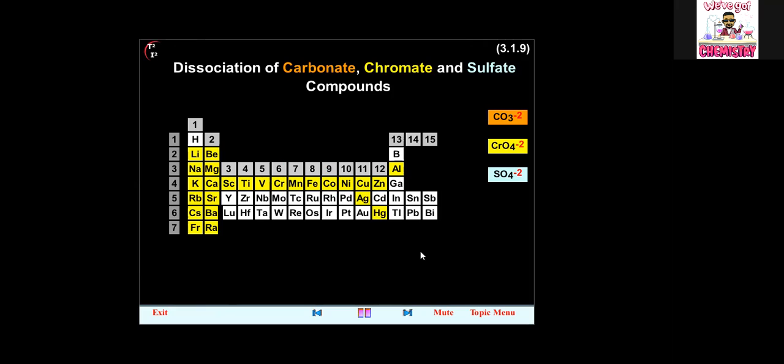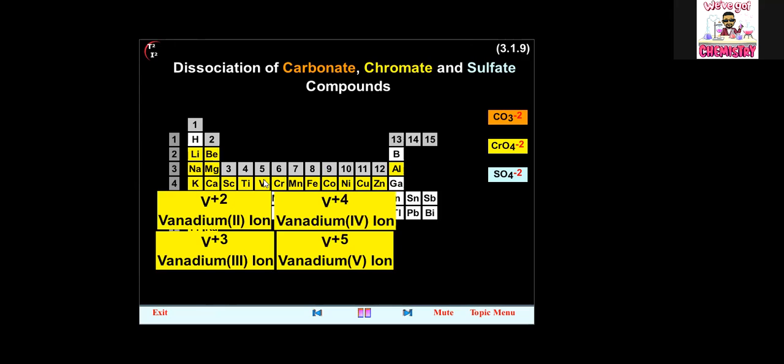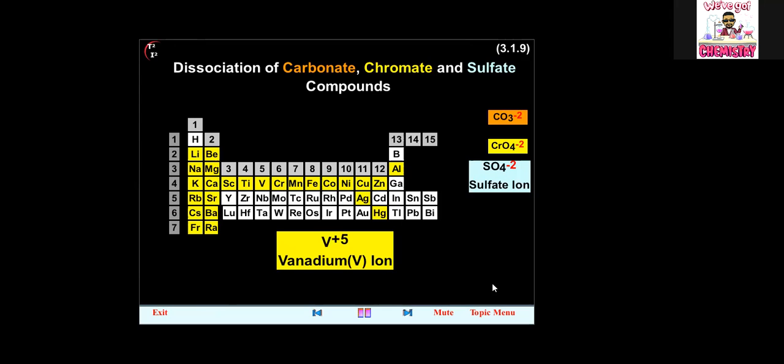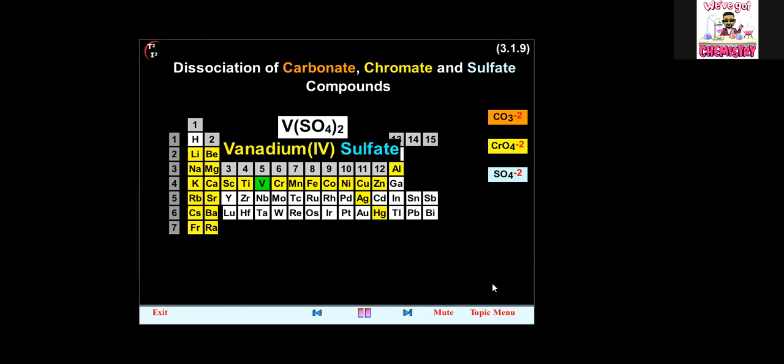Remember, if it is not soluble, it will not break down. It will remain intact, okay? Let's try vanadium(V), V5+, vanadium ion, with sulfate, SO4 2-, sulfate ion. Vanadium(V) sulfate, V2(SO4)5. When dissolved, it breaks down into